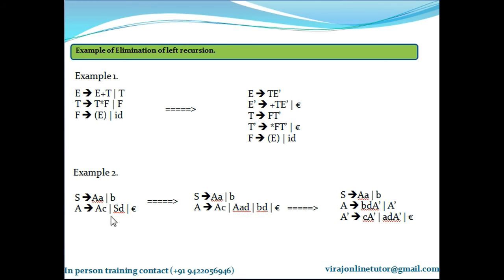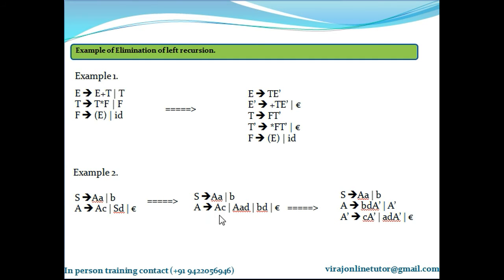So first step, consider the productions which are given to you all as it is. Second step, check the leftmost symbol and check whether it is defined above it. If it is defined above it, replace it with its productions. So in this example, S was defined above it. So I replaced this with its productions. If I replace S with its productions, what do I get? Capital A small a d, capital A small a d, and small b and d, small b and d. So then there are no other non-terminals over here which are defined above it.